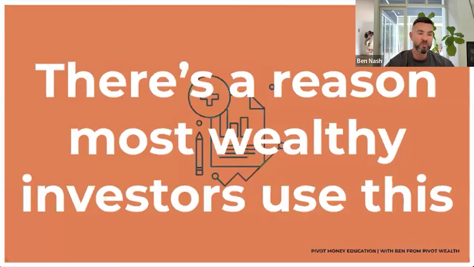To put it in perspective, and I probably should have put this on a slide, if we think about how much money you need to create your ideal lifestyle level of income, we use something called the 5% rule. The 5% rule says that you can draw an income of 5% from a pool of assets without eating into capital over time. In human words, if you've got $1 million in investments, that's going to deliver an income of about $50,000 a year, every year, for the rest of your life. If you've got $2 million, that's about $100,000 a year.